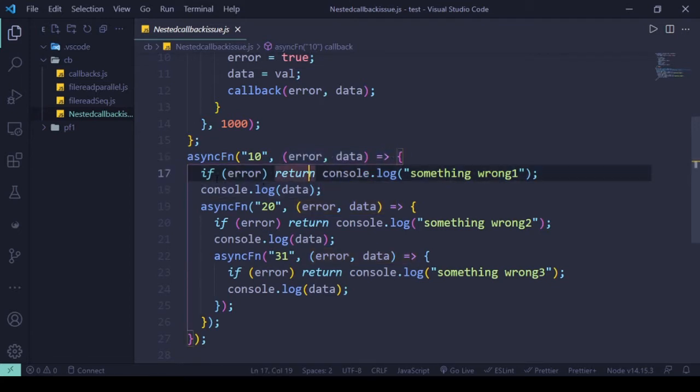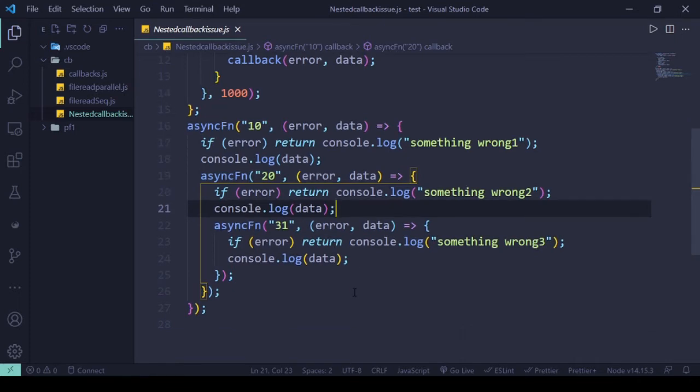First it will check if there is an error, then it will log something wrong, and if not, then it will just print the results. And of course, followed by, it will again call the same function with a different value, and again it will have a different callback, and it will do the same job again. Like if the error is there, then it will log the error, otherwise just log the results, and so on, right? So you see, these callbacks are basically nested, and if I just run this